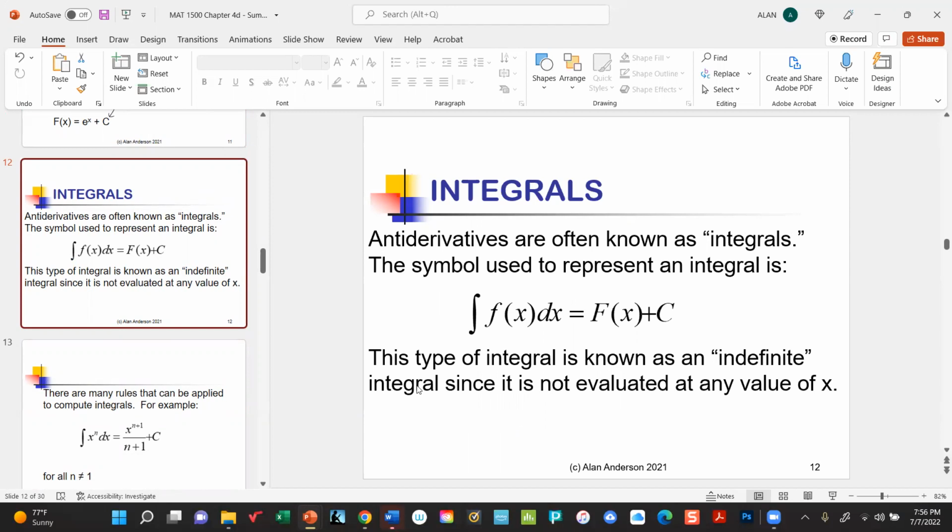Mathematicians tend to simply call them integrals. I don't know exactly why, but they both mean the same thing, but we'll typically use the term integrals from now on. And so this symbol tells you to take an integral. And we'll see why later on,